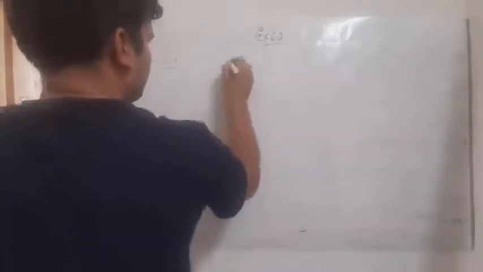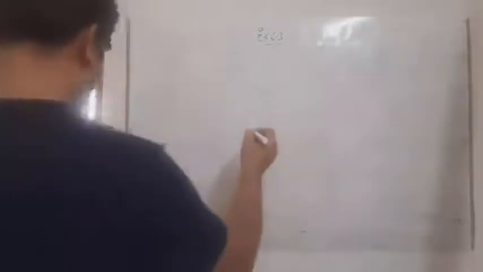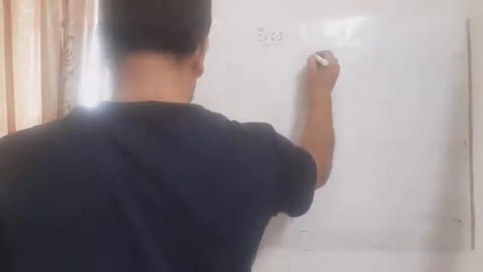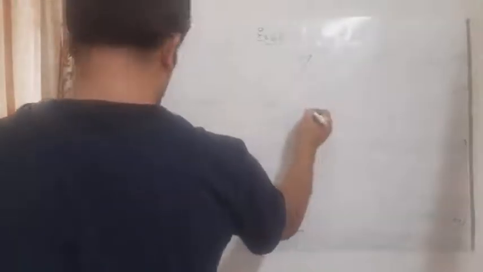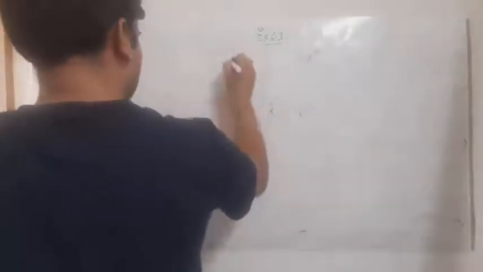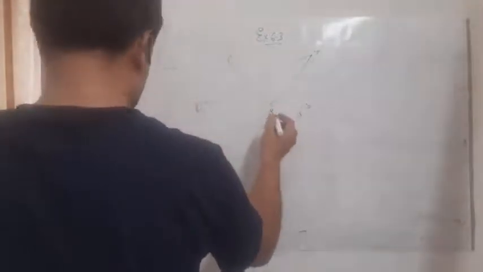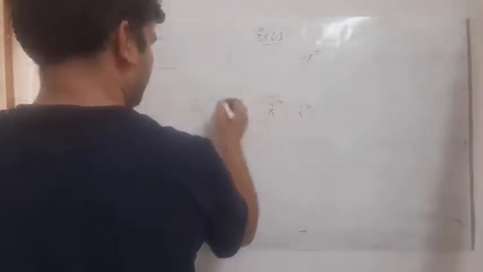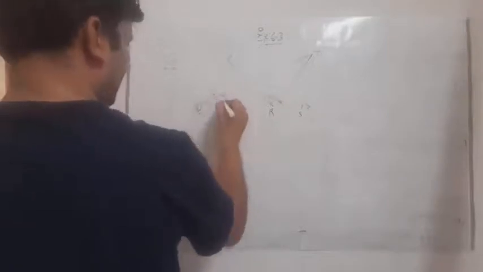Students, now this question is the last one, question number 6. Students, question number 6 is a very important question, so watch it carefully. First, draw the figure of this. This point is S, this point is R, this point is T, this point is P, this point is Q, and these are angle bisectors. It is given. So students, in this question, these two are the bisectors and these are the angles given. We have to prove it.